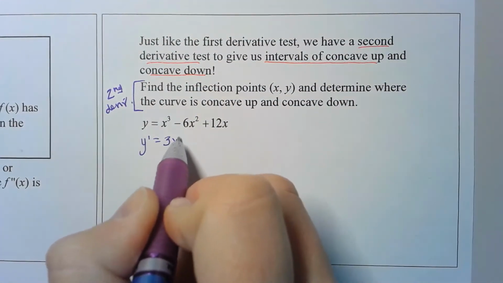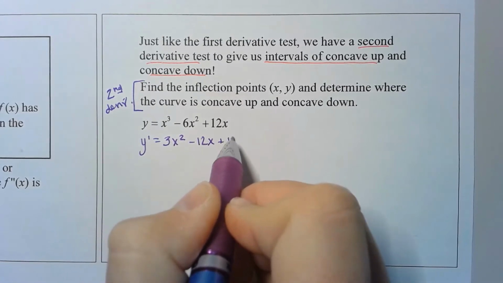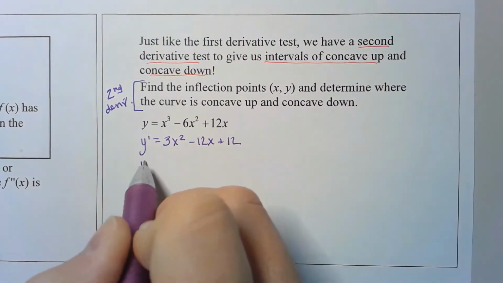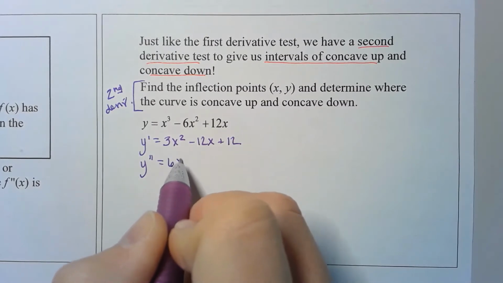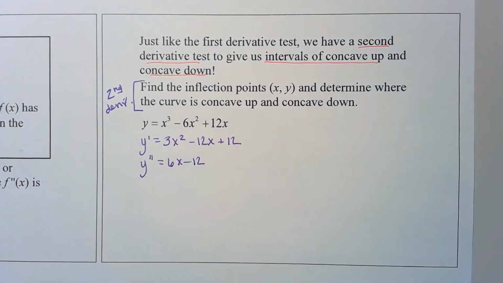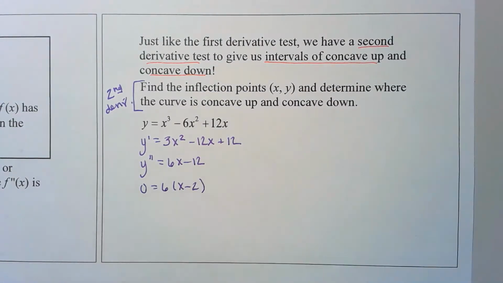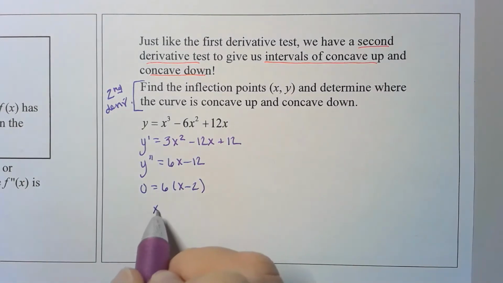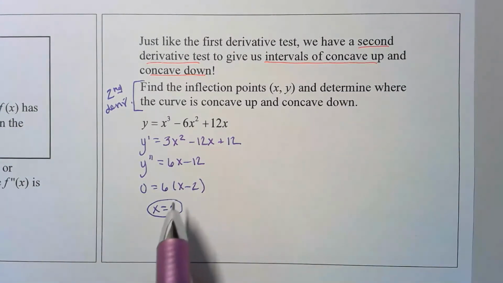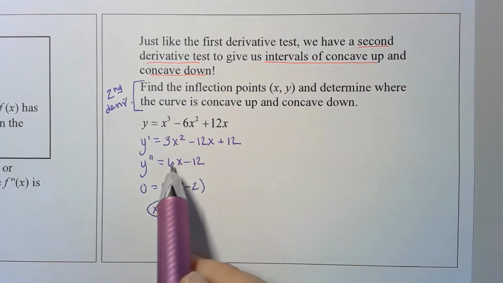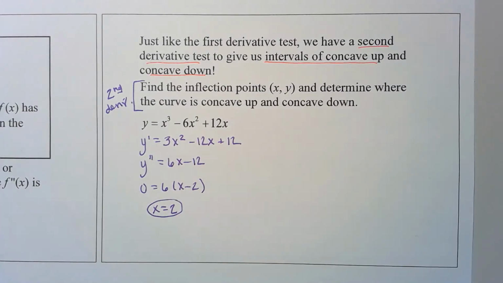So I've got 3x squared minus 12x plus 12. That's the first derivative. The second derivative is 6x minus 12. I am going to set that equal to 0. Of course, you can do that in many ways. I'm also going to ask, where does it not exist? Well, guess what? It's a line. It exists everywhere. There's no holes. There's no jumps. I'm not going to call it a critical point because technically it's not coming from the first derivative. But regardless,